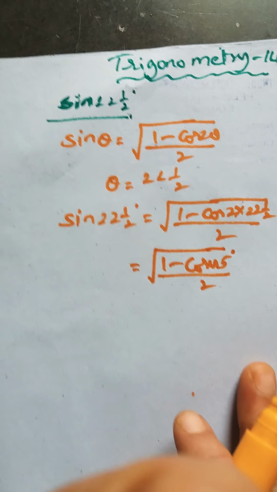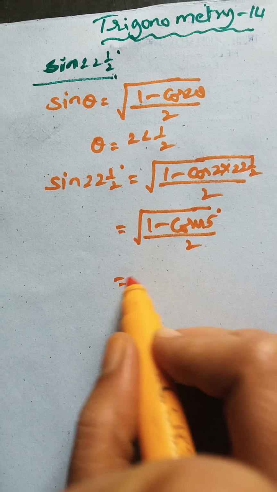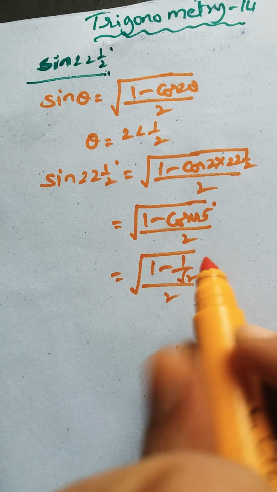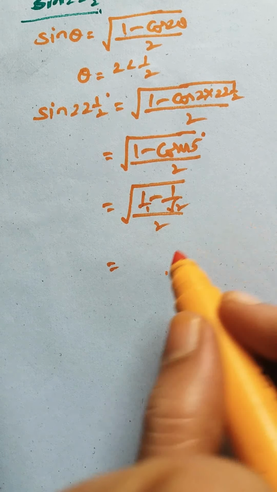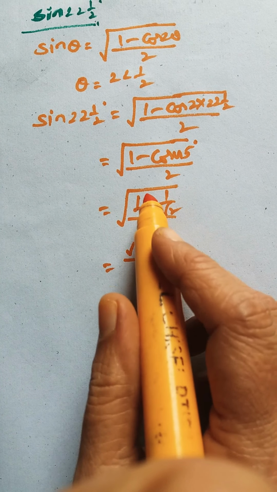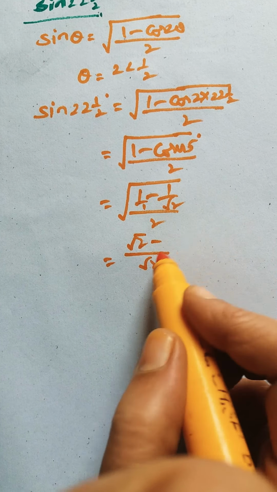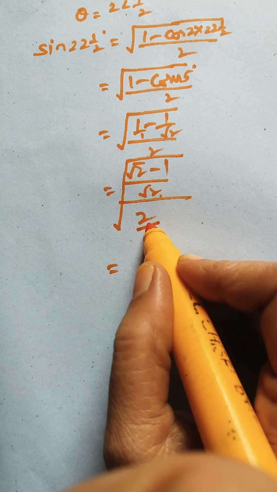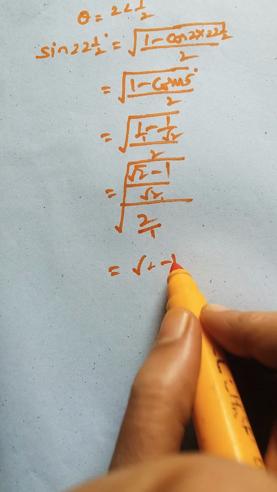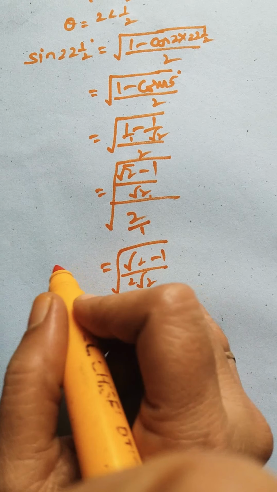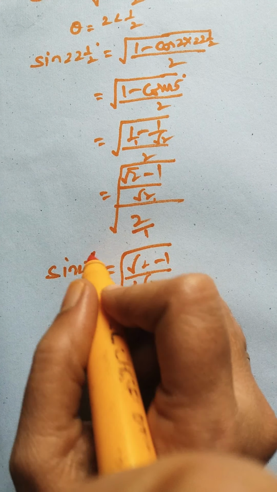Now what is cos 45 degrees? We know it is a specific angle. We know this value as 1 by root 2, divided by 2. Now by taking LCM of the numerators, we will get LCM is root 2. 1 in root 2 times will go root 2 into 1 is root 2, minus root 2 in root 2 1 time will go, 1. So we get root 2 minus 1 divided by 2 under root. Now the denominator 2 can be written as 2 by 1. The value of sine 22.5 degrees is root 2 minus 1 by 2 root 2, under root. This is the value of sine 22.5 degrees.